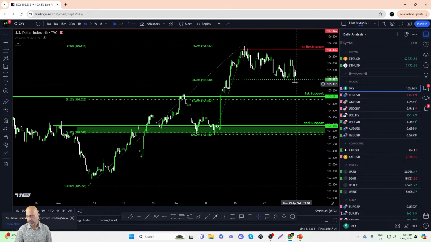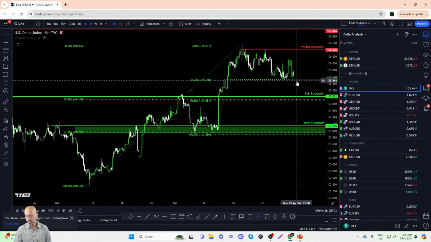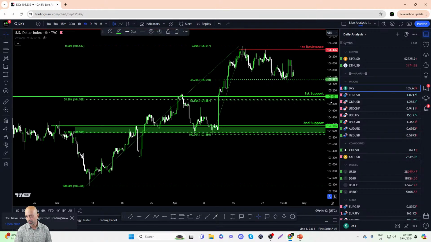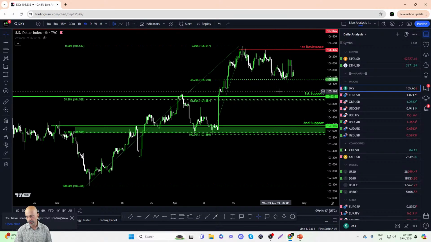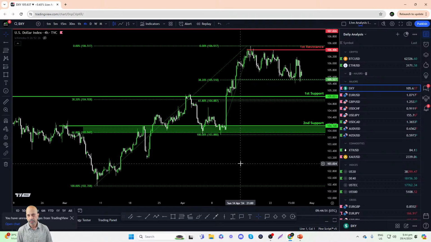the new trading week. So of course, should we see the dollar index break below this intermediate support, then it's quite likely we're going to see it drift towards the first support. So we do have a potential bearish breakout on hand for the dollar index. So take note, should we see the dollar index break underneath 105.52, we could potentially see it drop all the way down towards the first support at 105, which is a good region to identify as a potential take profit. Right, okay, so these are the key levels for the dollar index based on the 4-hour time frame as well.